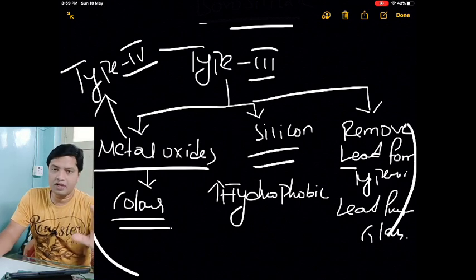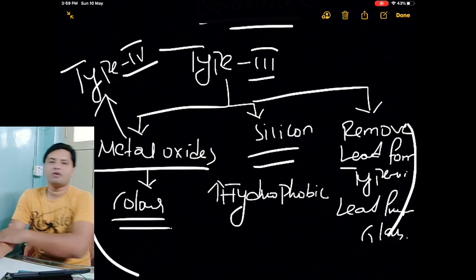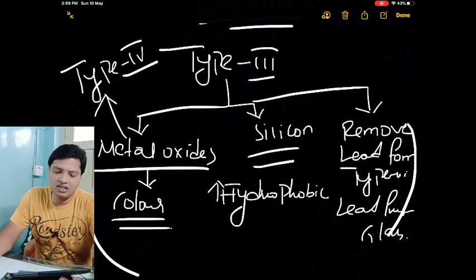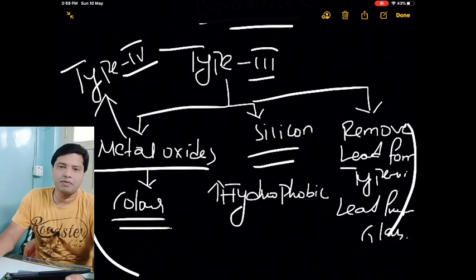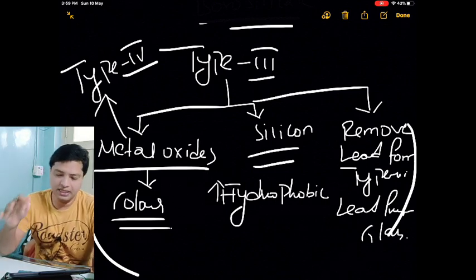Okay, then type 3 is soda lime. Type 4 is this type of glasses. So we call it a general purpose glass. Type 4 is a general purpose glass. Okay, so this is the classification of glass. Next we will see what are the tests for the glasses.